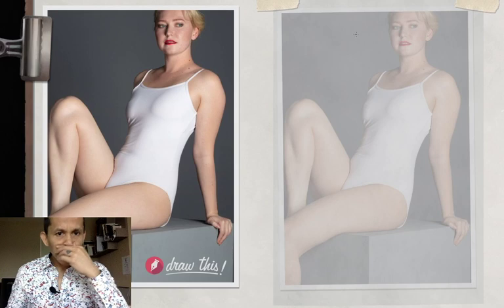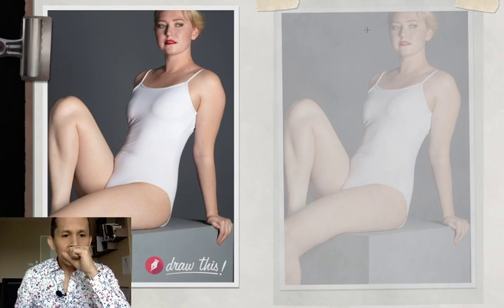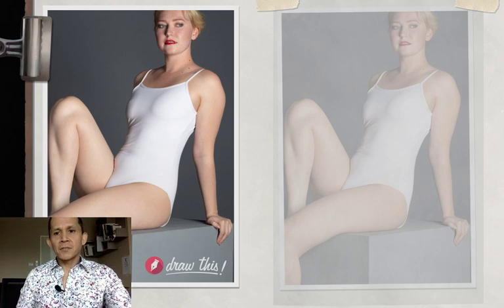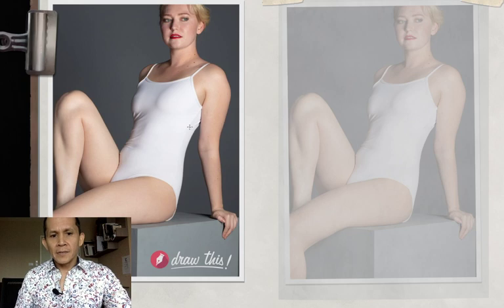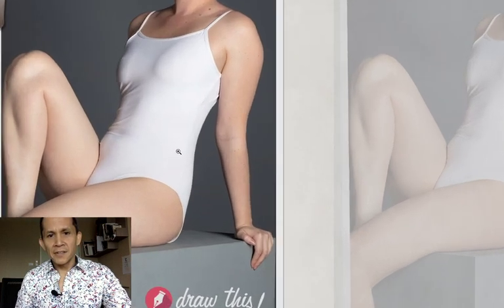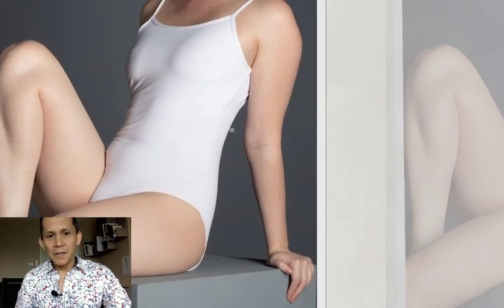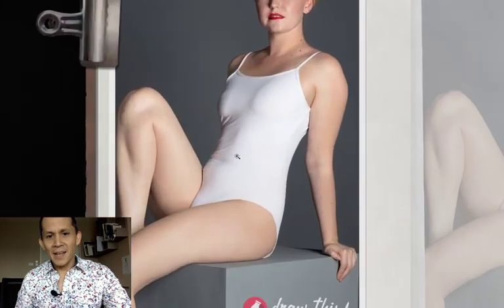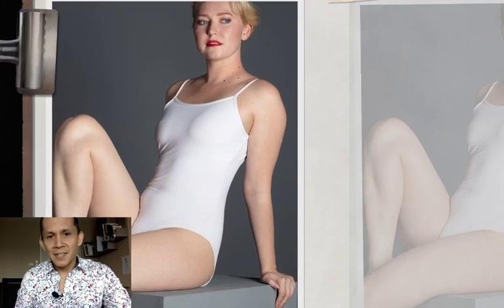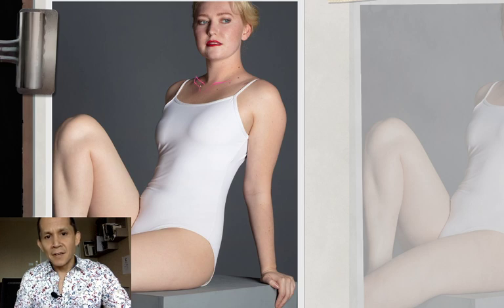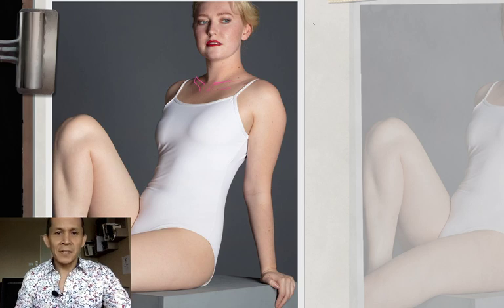All right. So this is tough. This is one where the model is wearing clothing, and anatomy is not too obvious, right? You're like, oh crap, where's the rib? Where's the hips? Where's the abs? Oh my God, what do I do? All we really can see is